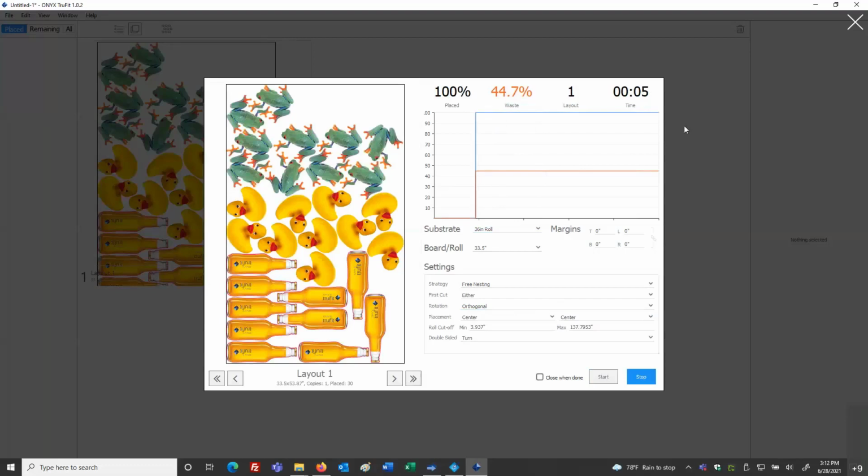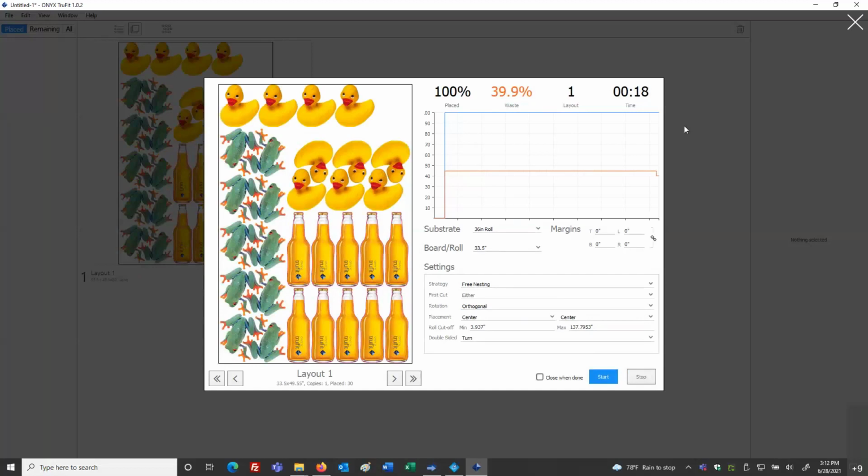So as we see that progression bar moving across and our timer is counting down, this is calculating the best possible nest strategy for us. So once this is completed, we're going to have a specific shape and location of how this information is going to be nested. So here's our final product.